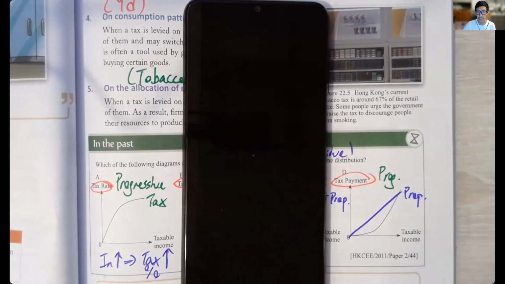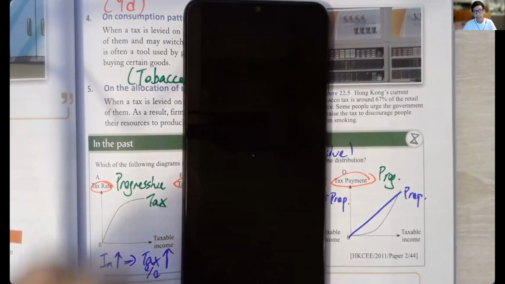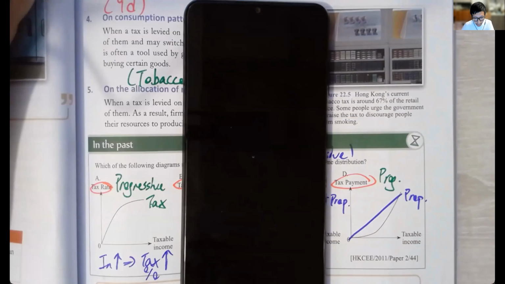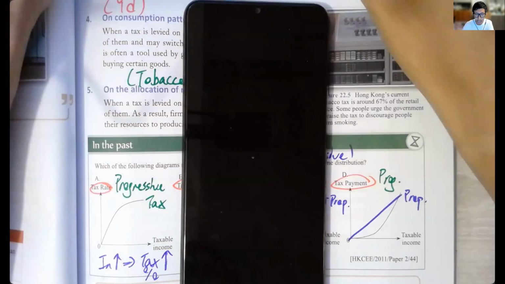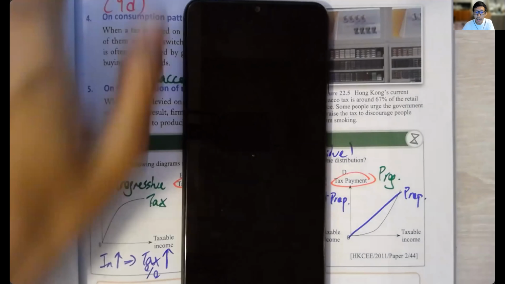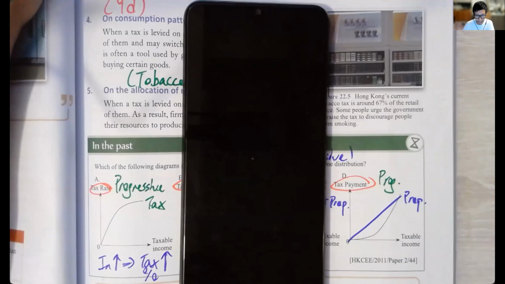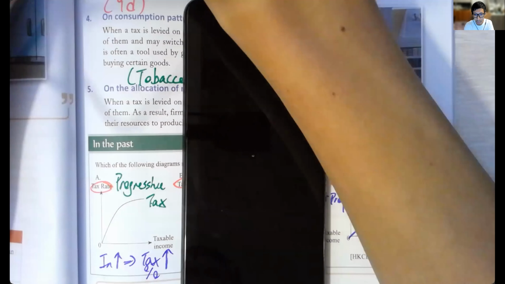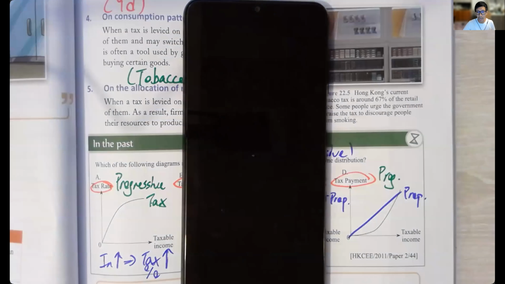So first one, it is a progressive tax. Tax payment increase. No. Remember, progressive tax is about the tax percentage, not tax payment. So no, it will lead to an uneven distribution of income. Exactly, because this is a regressive tax. So the answer would be B. Let's look at C and D too. C: it would encourage the working incentive of workers.